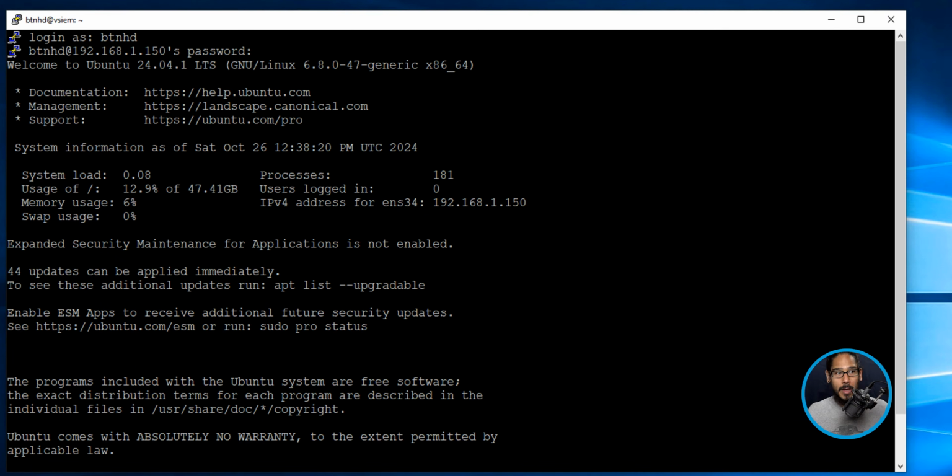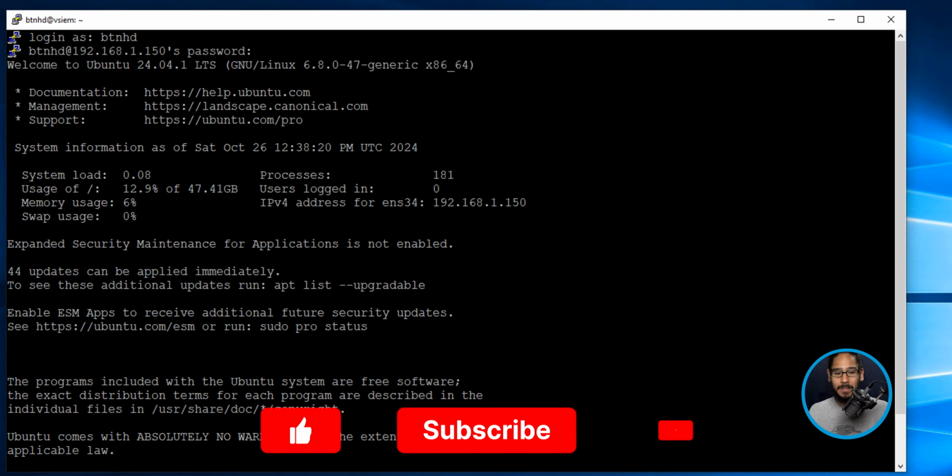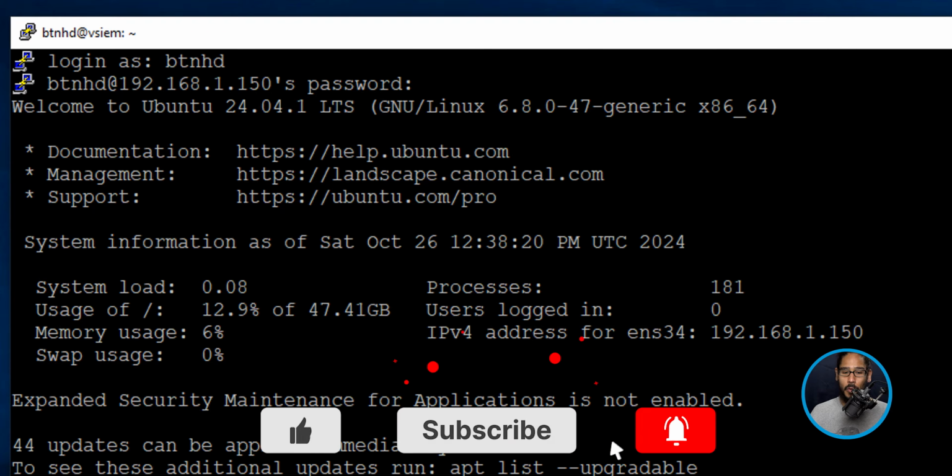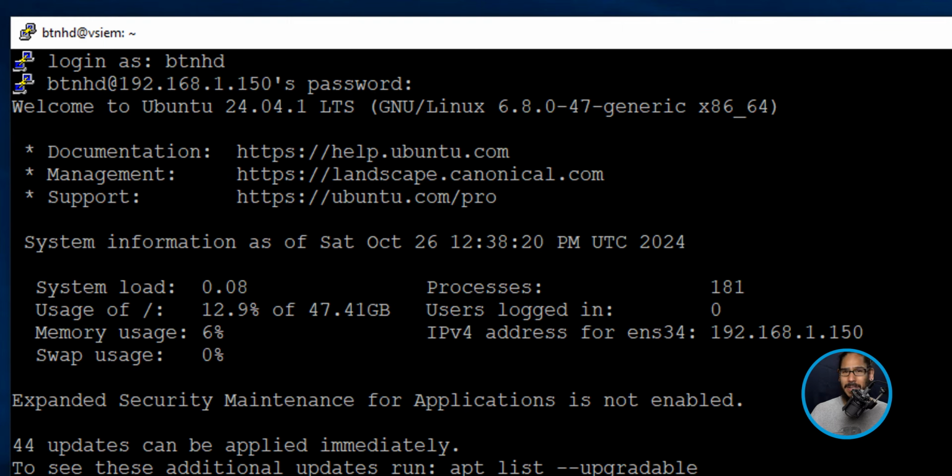Off the bat, I already installed a Linux machine. I created a virtual machine, and I already installed SSH into it, and I created a PuTTY session into it so I could start installing Wazuh into it. Now, this is my PuTTY session. It is Ubuntu 24.04.1 LTS version. That's basically the operating system that I'm using to install this particular application into.